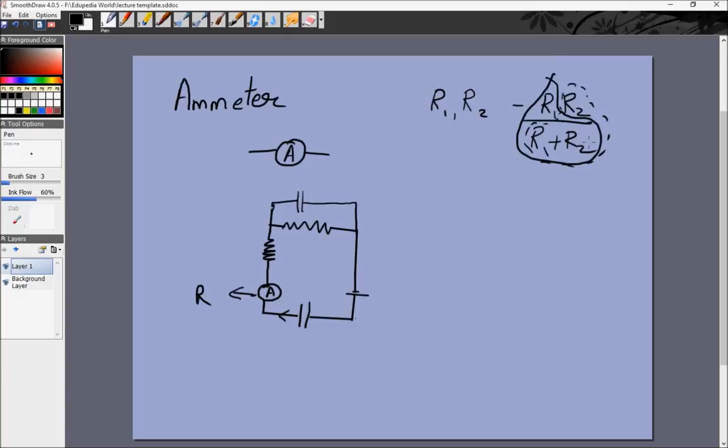And this always happens in parallel. In parallel, if you add a number of resistances, then the equivalent resistance is smaller than the smallest resistance in them. And if you add them in series, then the equivalent resistance will be larger than the largest resistance. So all we need to do is, let's say this ammeter